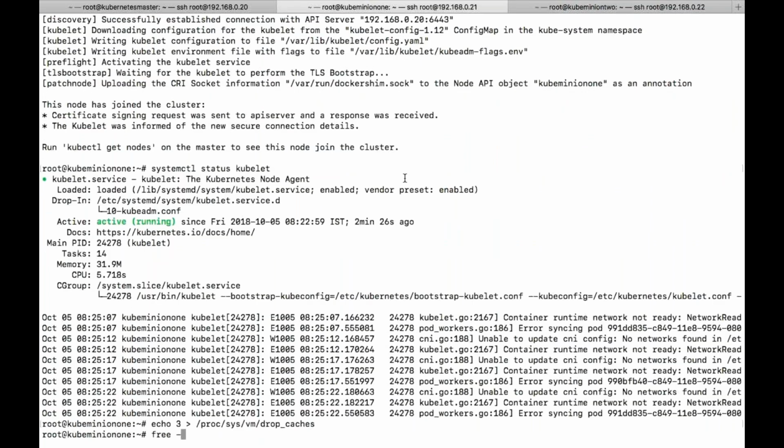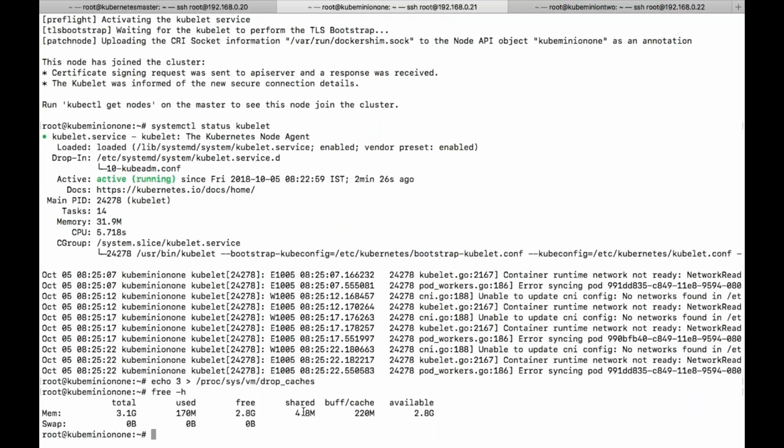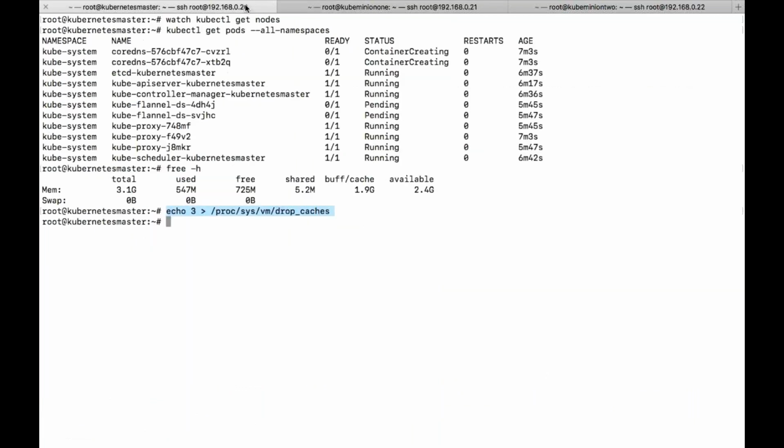Now I have free memory of 2.8 GB. So frequently we need to clear our cache memory. Initially it was showing me 725 MB, now it is 2.2 GB. I cleared the cache memory. You can see here the command which I executed. Maybe now it will be a bit faster.